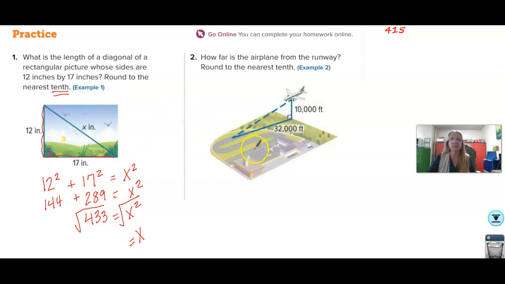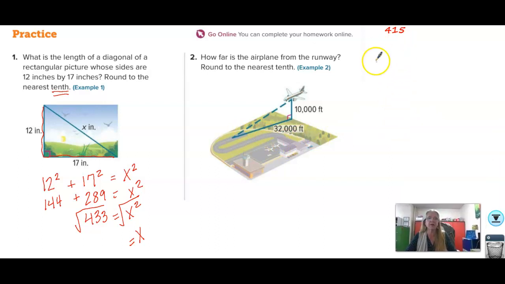Moving on to number 2. How far is the airplane from the runway? So they want to know again the distance of the hypotenuse. These are your two legs. Now we're getting some very big numbers though. Let me move this here so I can write over here. All right, our legs are 10,000 and 32,000. So we're going to have 10,000 squared plus 32,000 squared